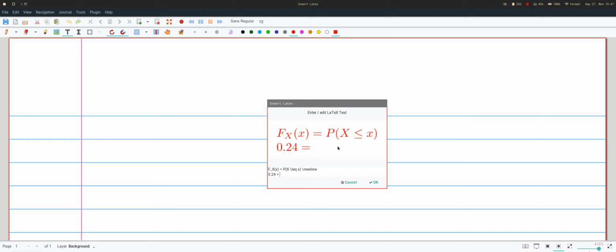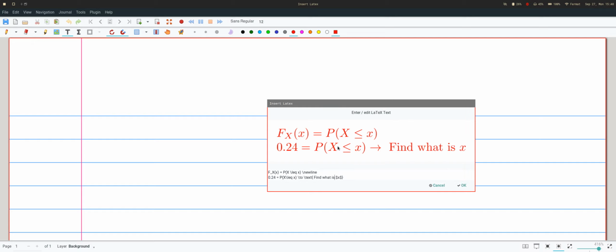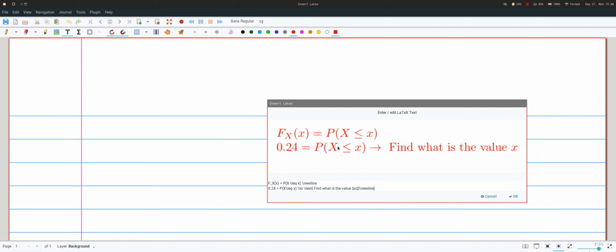Remember when we drew the horizontal line, that is 0.24 here, and then we say that P(X) is less than or equal to x. So our task here is basically to find what is x, what is the value of x? Of course we are using some software. We can use the NORM.INV function just now in the spreadsheet, and then we get